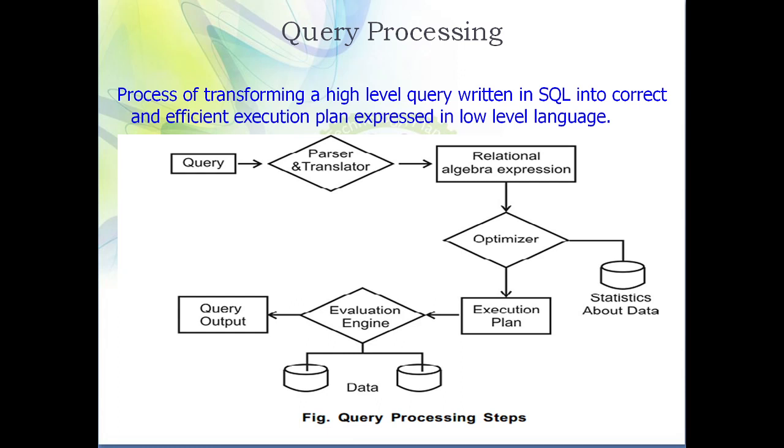In that case, the resource may be time, or it may be how much memory is required, and so on. But the major thing is time. How much time does it take for execution of a query? It plays a very important role. So the optimizer is that component of a database which decides the best choice, or the best query evaluation plan that you can use to execute a query, because for a single query n number of query evaluation plans can be generated.